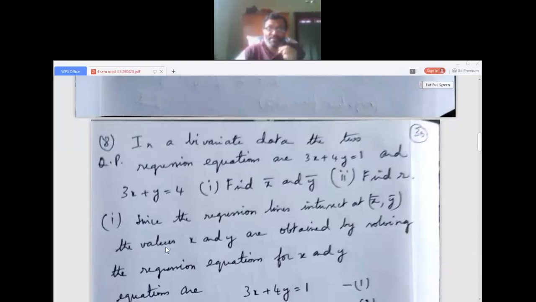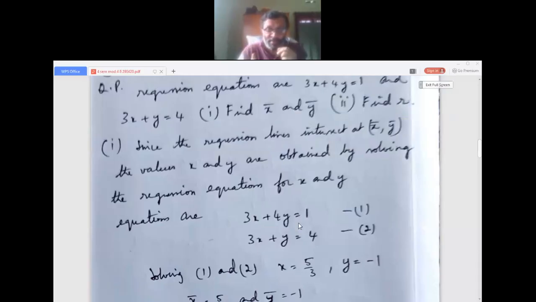Since the regression lines meet at the point x bar, y bar, the values of x bar, y bar can be calculated by solving the given two equations for x and y. I take the given two equations in this form, right hand side, one side, it's a simultaneous linear equation. Now it is very simple for you. 3x plus 4y equals 1, 3x plus y equals 4, either adding, subtracting, multiplying by 4, dividing, etc. Or the best method for you is to use your calculator. You know how to use your calculator, your time will be saved. Try to get the correct answer from the calculator.